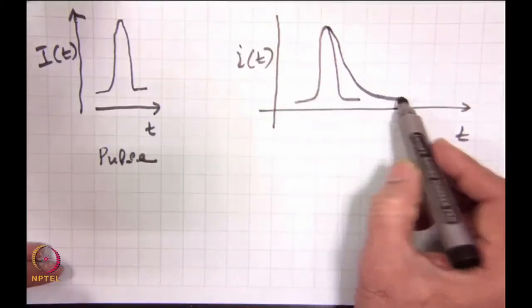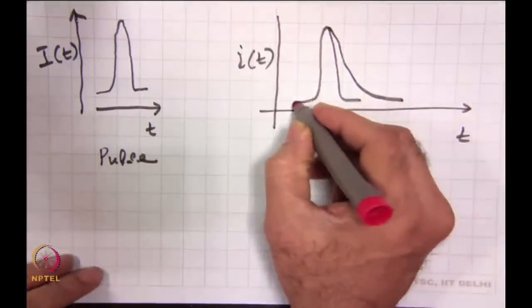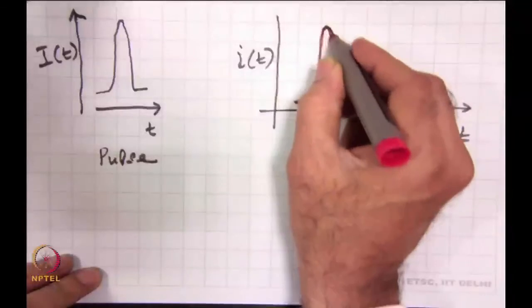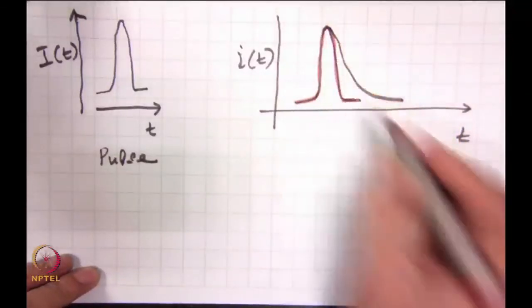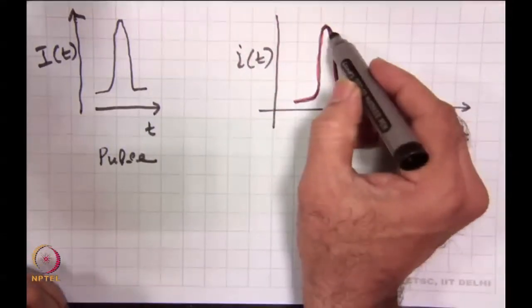So, what I have shown here is the incident optical pulse, and ideally I should get the current pulse like this. However, in practice what we see is